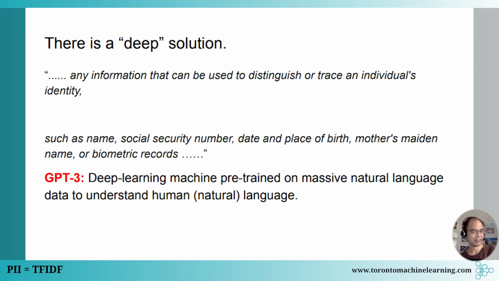And the reason I'm still here talking about it is because I'm a theoretical physicist. When I look at this, my intuition tells me, hey, there is something more we can do. Because the first line here, right, any information can be used to distinguish or trace identity. This is the fundamental root of the problem. This is the definition of the problem. And the second line here are just examples. There are miscellaneous examples. It's not even exhaustive, right? It cannot be exhausted by examples.